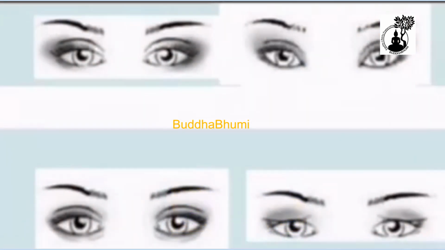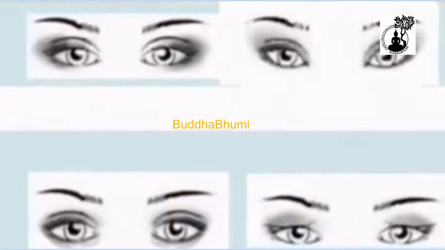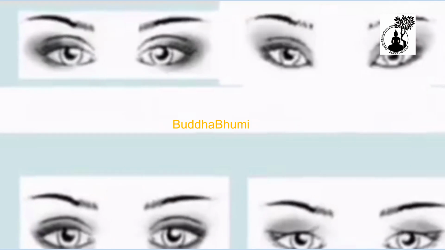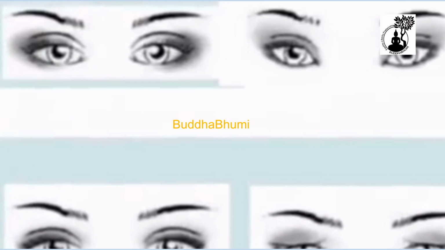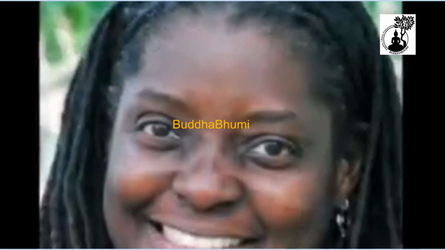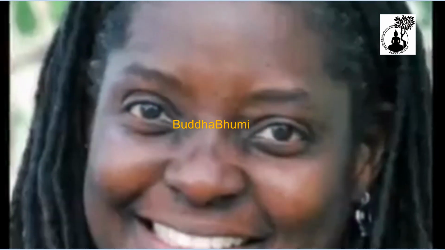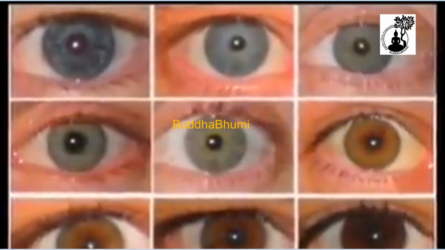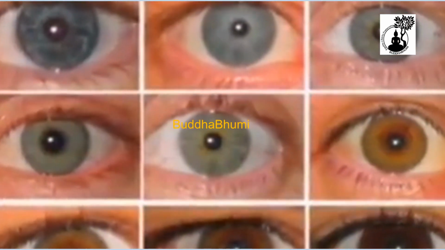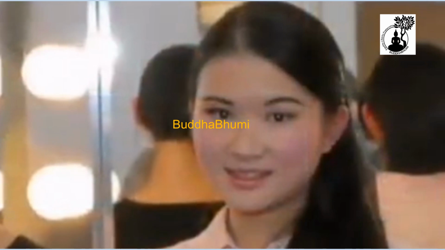Eyes. Now, there are people who have very broad open eye. Some people have medium open eye. Some people have narrow opening. Negroids, all Negroes and Negroid variants, they have very broad eyes. All variants of the Caucasoid have invariably the medium opening of the eye. And as far as the Mongoloids are concerned,